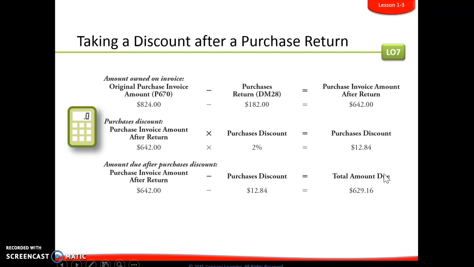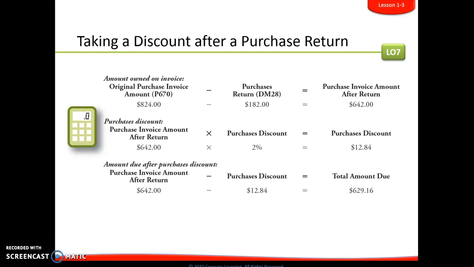Taking a discount after a purchase return. So here we're looking at the amount that we owed on the invoice. The purchase invoice was actually $824. We returned $182 worth, so that means that our purchase invoice amount after the return was $642. We're then going to take that invoice amount times our 2% discount to get a $12.84 discount. Then we take the amount of the purchase invoice, $642, minus that discount of $12.84 to get an amount of